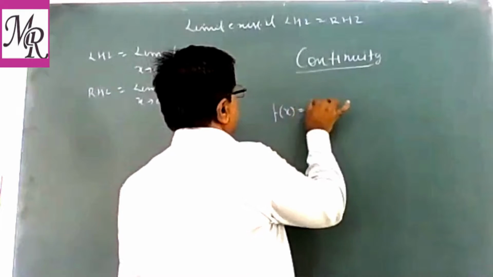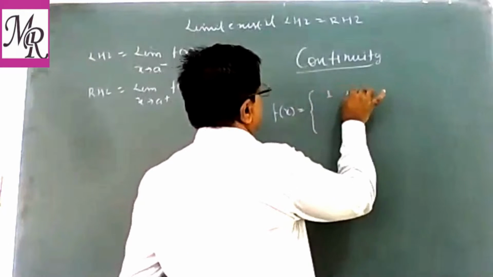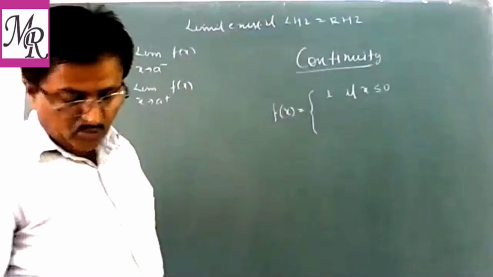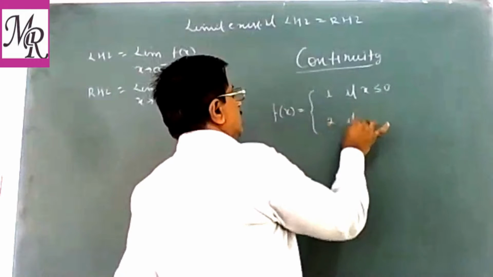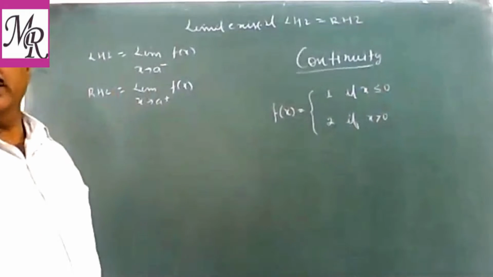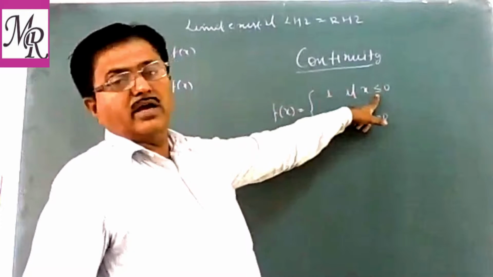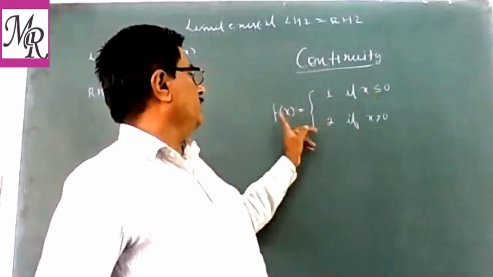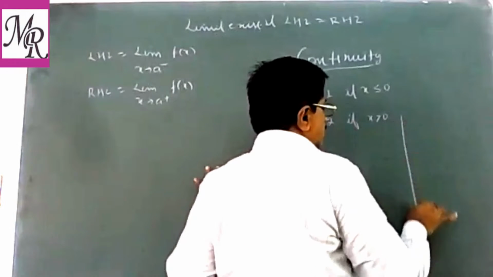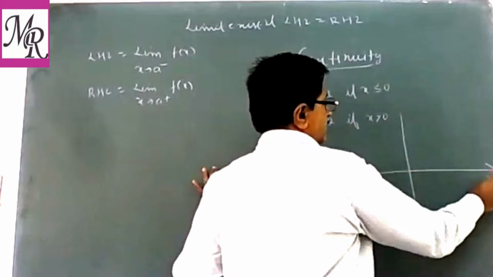Suppose we are given f(x) equal to two values. One, if x is less than equal to 0, and 2, there are only two values of f(x), if x is greater than 0. So f(x) equal to 1 if x is less than equal to 0, and f(x) equal to 2 if x is greater than 0. So if you want to draw the graph of this, you can see on the x-axis,